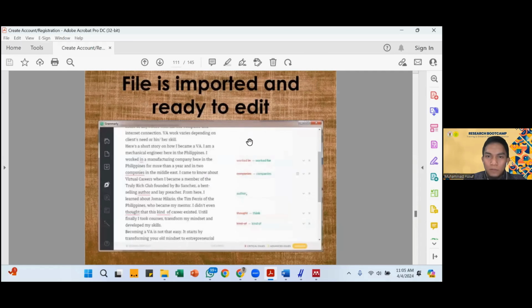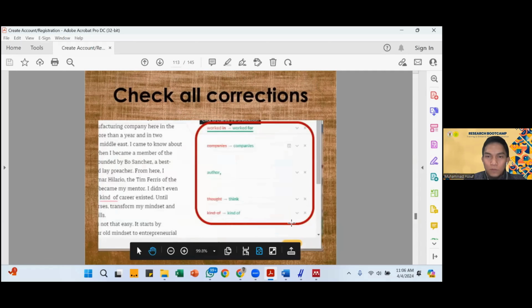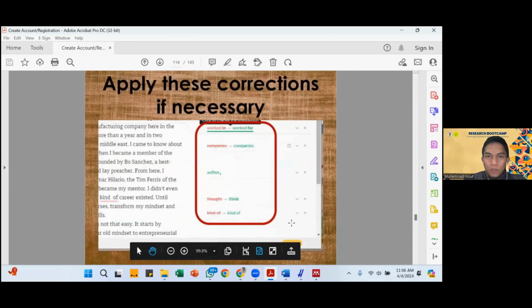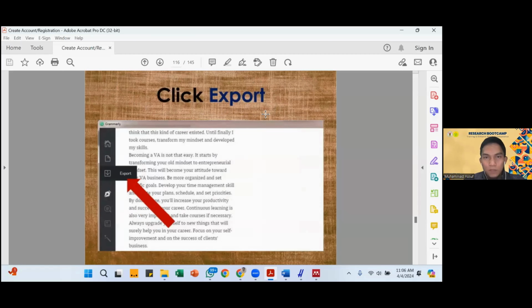This is the correctness, clarity, and the critical issue and advanced issue. So we have 8 critical issue and 2 advanced issue. Check all the correction, apply the correction if necessary. If finished, hover the cursor on export icon and then click export.